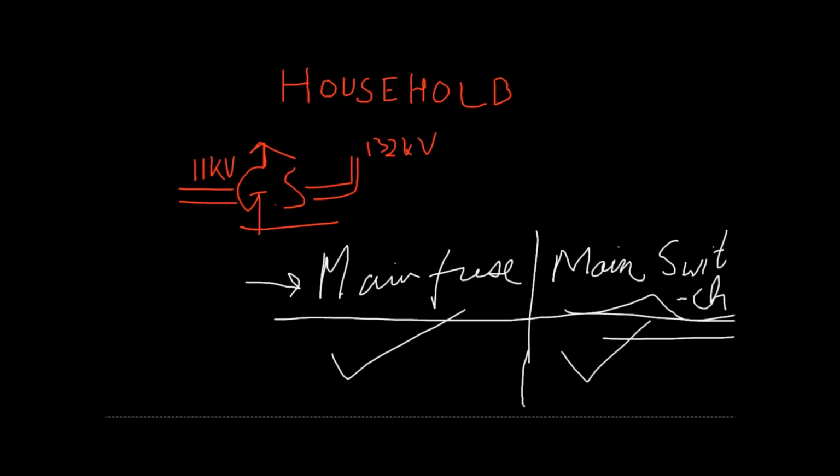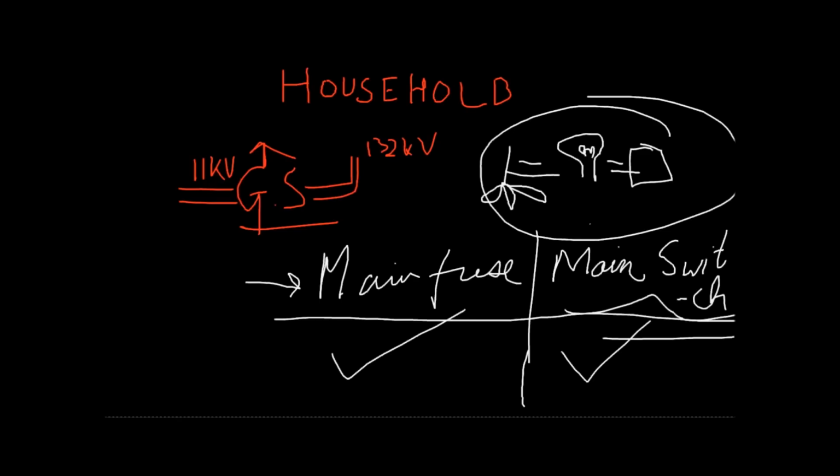So guys, parallel arrangement, each appliance works independently. For instance, if I have a fan, I don't really know how to draw a fan, but this is a fan, and I have a bulb, and I have another cooler in my room. Now I want all of them to work separately, so I'll have a parallel arrangement in them. For instance, if you had a series arrangement, then if the light went or if the fuse blew up, all the three appliances would not be working. But if you have them in parallel with different fuses for each, then if one appliance goes off, the other two don't stop working. So that's the main advantage of parallel arrangement.